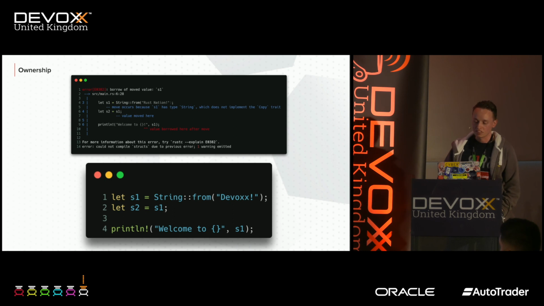It's going to complain to us, and the compiler is going to tell us that we're trying to borrow a value that has been moved, okay? And what the heck does that even mean? What this basically means is that we're doing something that is preventing the compiler from being able to clean up our memory for us. We've violated what it calls the ownership rules, which ensure that the compiler is safely able to clean up the memory after we've left it.